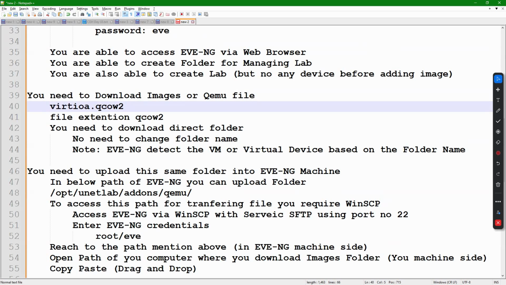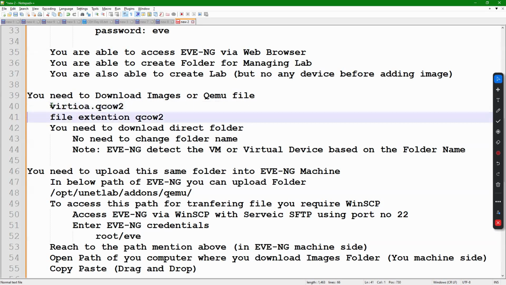In the Windows Server folder, you will find the same name. In the Windows 10 folder, you will find the same name. In PaloAlto also, you will find the same name, because this is the name EVNG uses for detecting the virtual machine. And which kind of virtual machine, they will detect by the folder name. So whatever folder this file is in, according to that it will detect. But it's not that it is the 100% same file. The name is the same, but the other qcow2 files are also different for different machines. It's not like one file you name PaloAlto works as a PaloAlto.